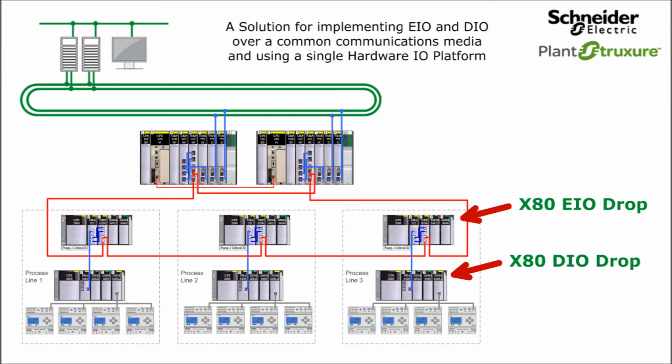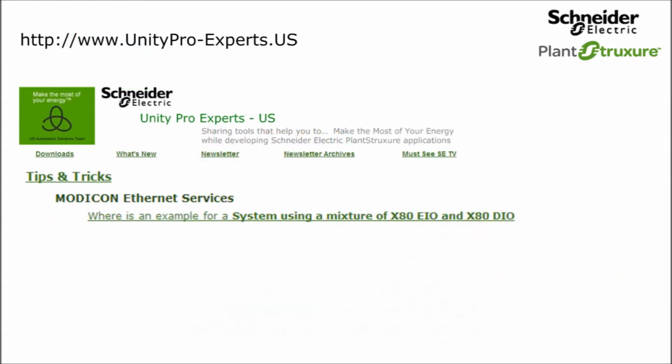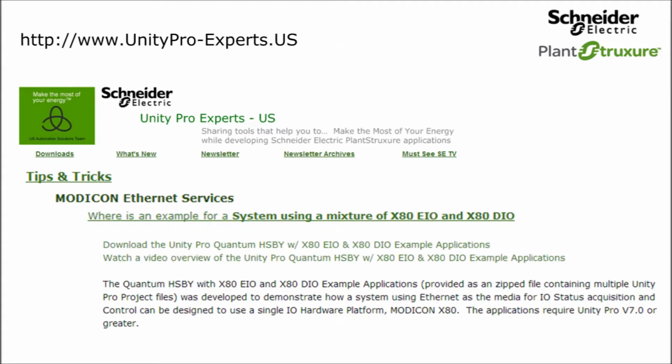Before beginning the overview, I would like to point out that example UnityPro projects for this solution are available for download at the unityproexperts.us website under Tips and Tricks, Modicon Ethernet Services, and Where is an example for a system using a mixture of X80 EIO and DIO. The example was built using UnityPro version 8.0 and contains incrementally saved files for the steps executed during the development